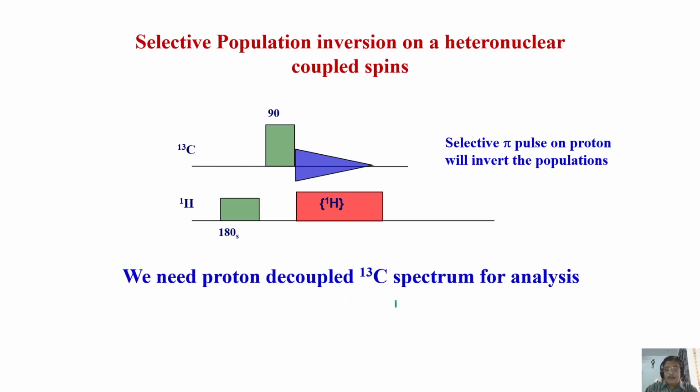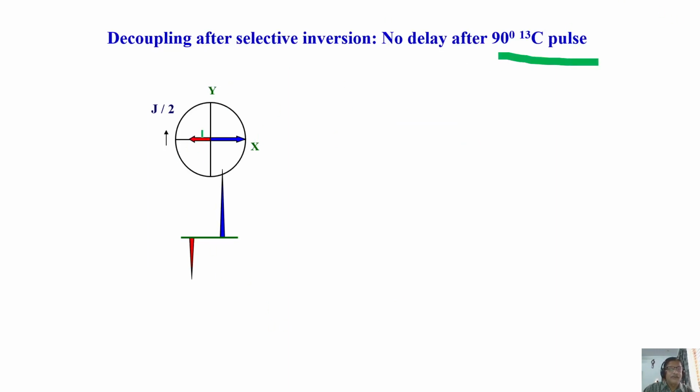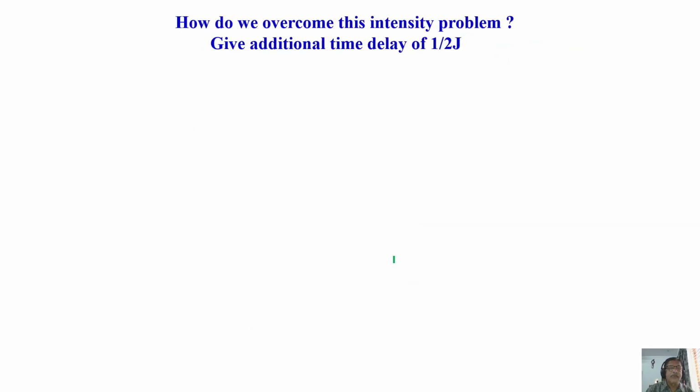If we need to do the decoupling, we are going to get doublets. But what happens if I start doing the decoupling here? Look, these are the signals just after the 90-degree carbon-13 pulse, with no delay. This is what we observed. There is -3 and +5 as the two components of the carbon-13 doublet, which are opposite in phase, antiphase character. Now I do the decoupling. My receiver, the detector, is here. I am sitting here and watching. Opposite vectors add up in such a way that only the difference is retained. Gain is totally lost. That's not what we want.